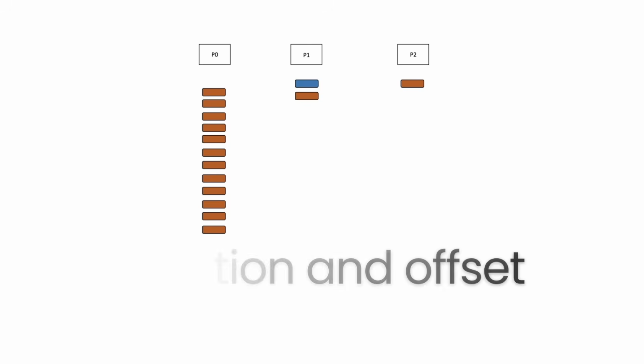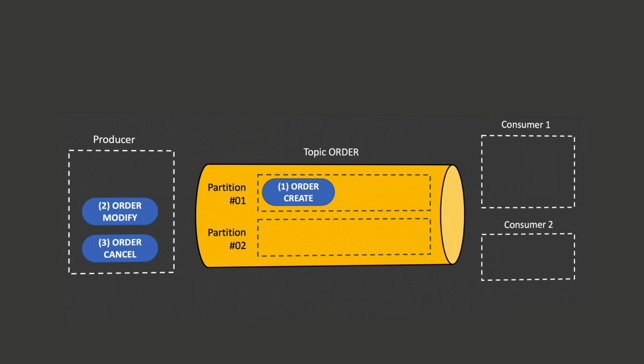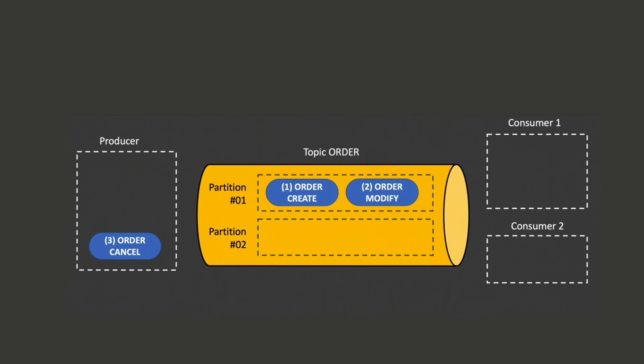On top of this, we have different concepts available. Important ones are the partition and the offset. We also have the concept of partition and order inside the topic. That means each partition in the topic is an ordered and immutable record. This means once the data is written, you cannot modify it. It is immutable. Each record in the partition is also assigned a unique offset. That basically means the position of that particular record inside the partition.